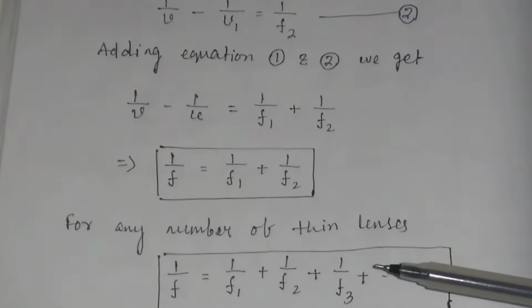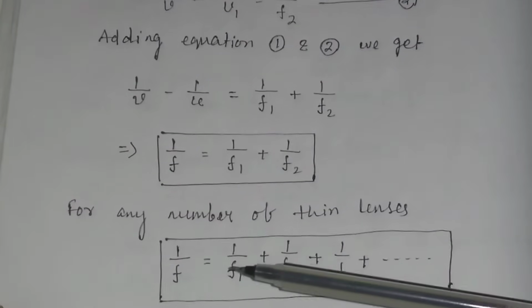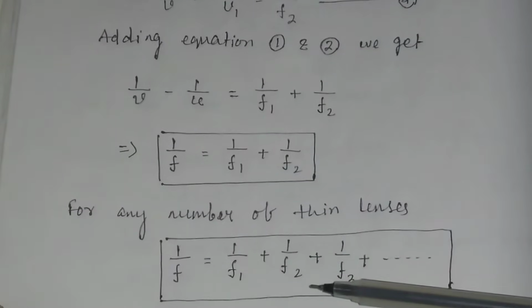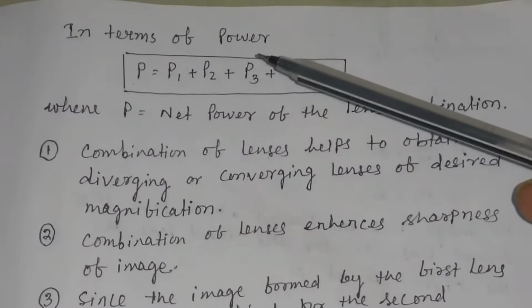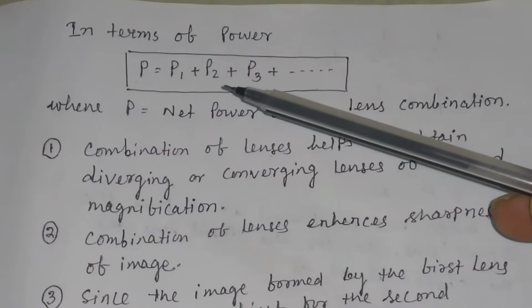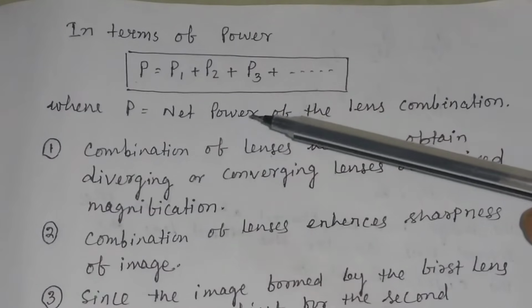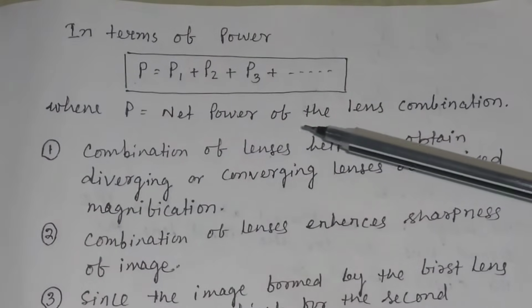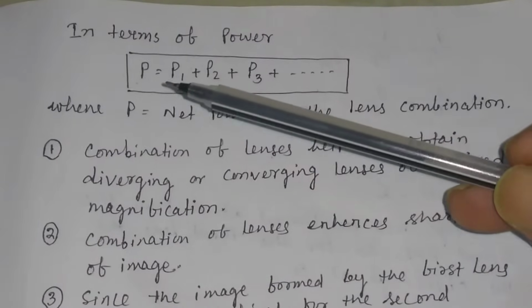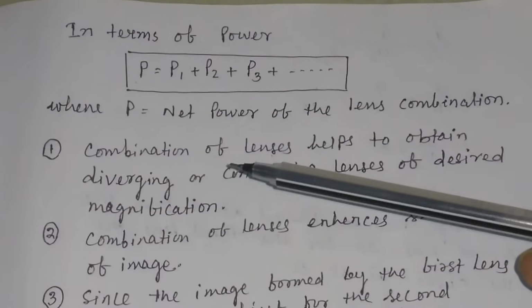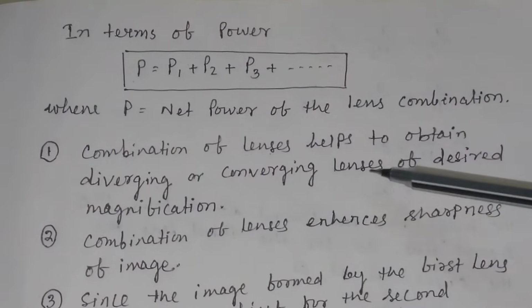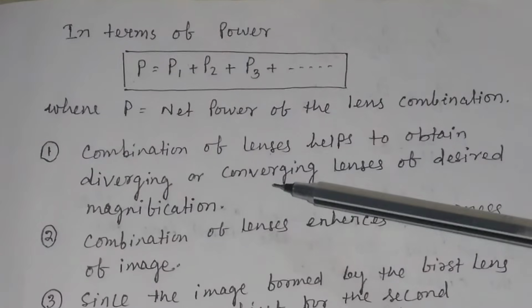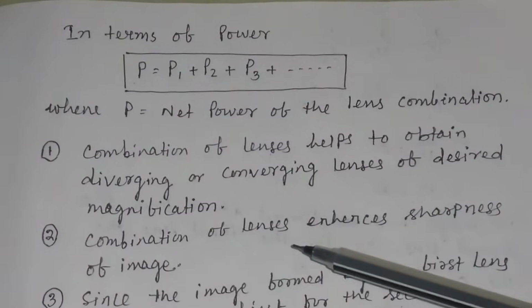So for any number of thin lenses, we can write 1 by f is equal to 1 by f1 plus 1 by f2 plus 1 by f3, depending upon the number of lenses. And in terms of power, we write P equal to P1 plus P2 plus P3 like this, where P is the net power or the total power of the lens combination. And you should remember, combination of lenses helps to obtain diverging or converging lenses of desired magnification. Combination of lenses enhances